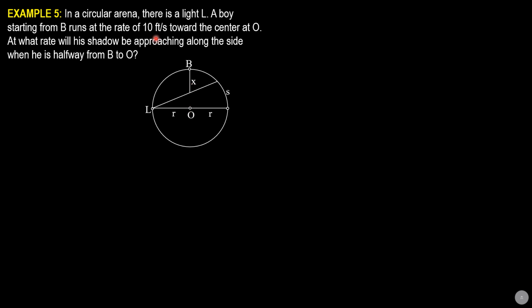dx/dt is positive 10 feet per second. Then if this is the light, the light traces the boy, and this is the shadow of the boy. The distance of the shadow of the boy is s from the other end along this arc, and this s here is obviously approaching this end, and therefore we expect that ds/dt, the rate at which his shadow